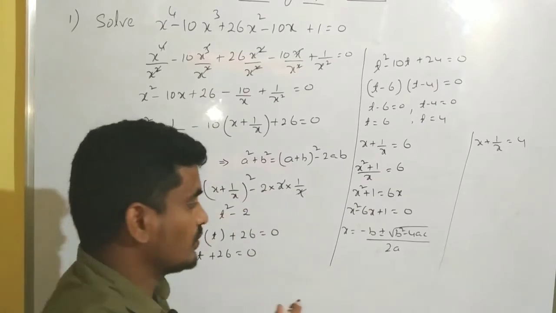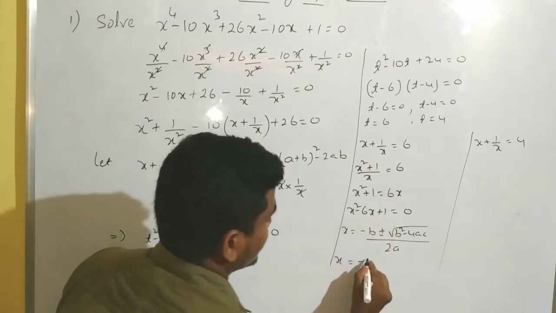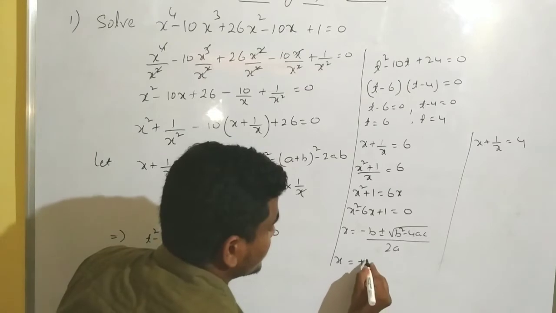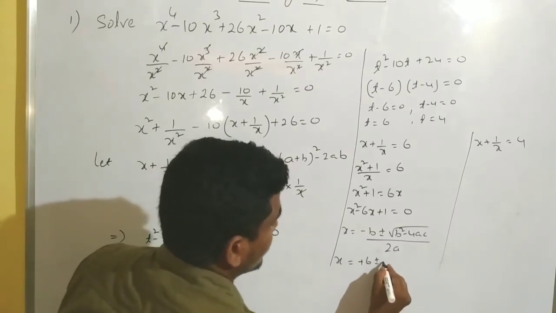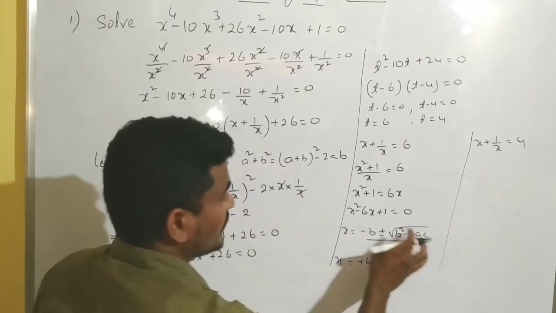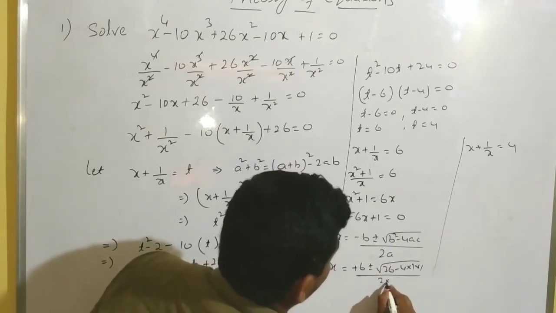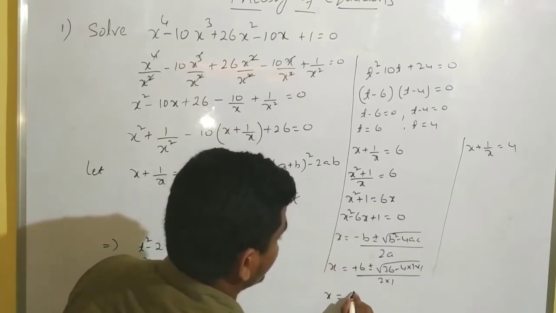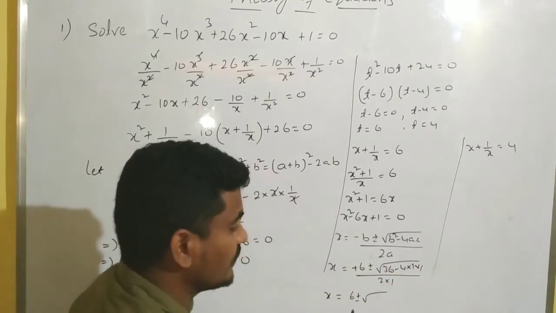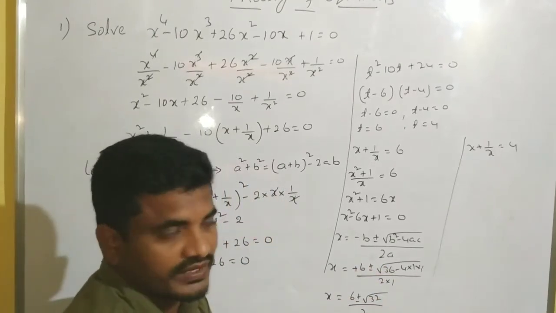In this formula, we have to substitute x equals to minus b, which is nothing but 6. Minus 6 is there, so minus of minus, that plus 6 will come. Minus 6 square, 36 minus 4 into a equals to 1 and c equals 1, into 1, by 2 into 1. So finally x equals to 6 plus or minus root over 36 minus 4. 36 minus 4 is 32 over 2. This is the x value.